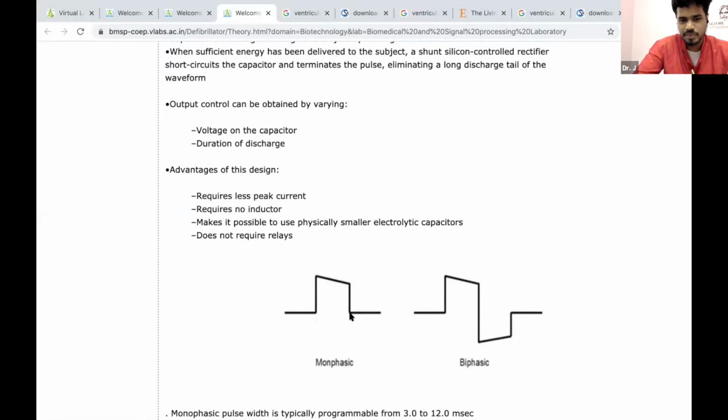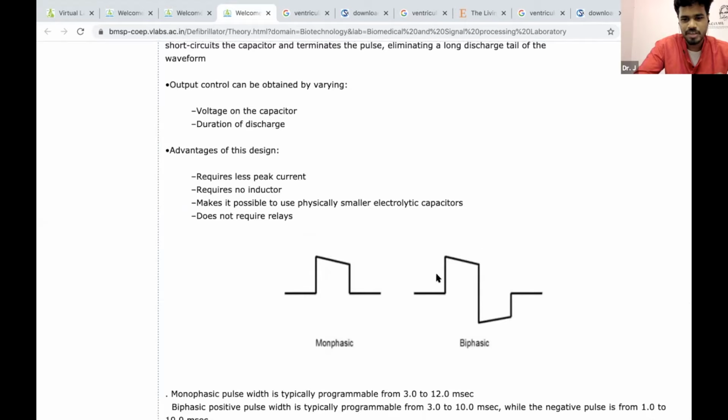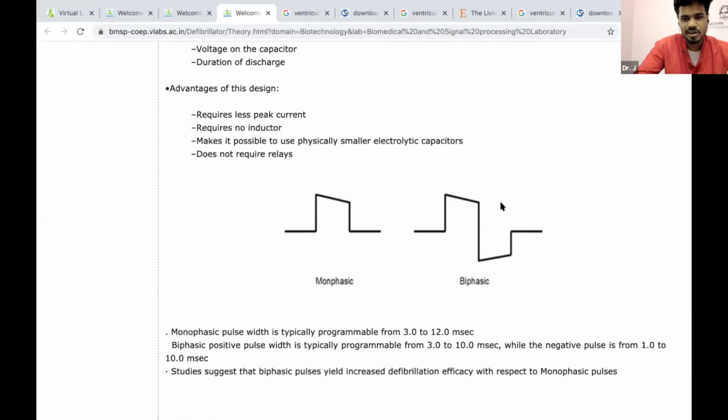There are two kinds of pulses. There is a monophasic pulse, just one positive voltage you apply, or sometimes you need to apply a biphasic pulse. You apply a positive voltage so current flows in one direction, then you reverse it so that current flows in the other direction. The reasons to do this are manifold. One is that it damages the heart and the surrounding tissue less. There is thermal injury, tissues get burnt sometimes during this, but the damage is lesser compared to monophasic.